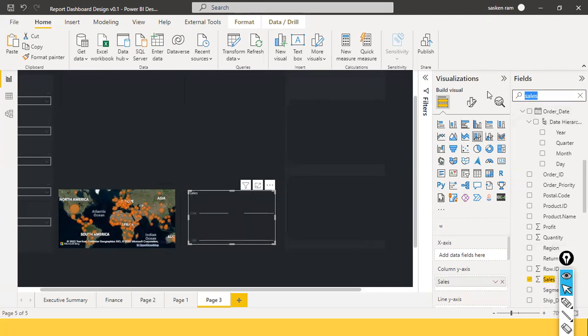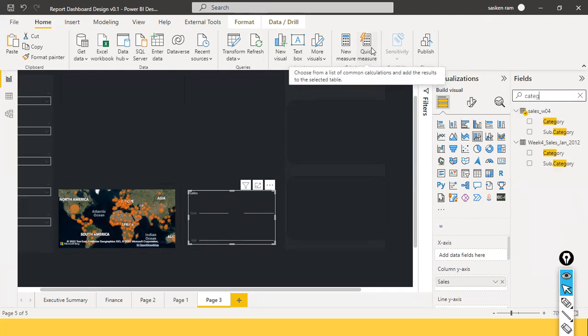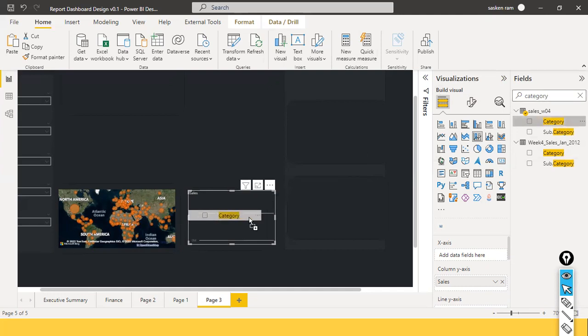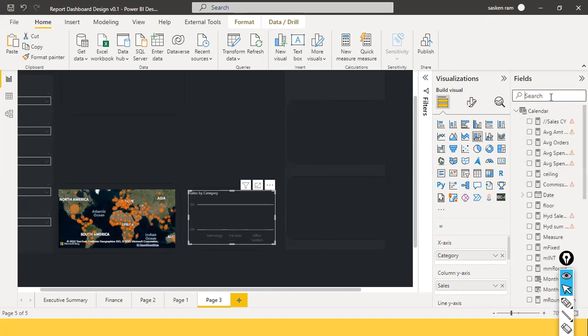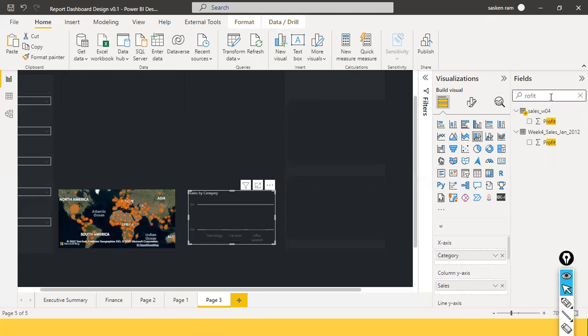And then they want to see the top selling category by sales and profit. This combo chart is very much helpful. They'll ask you what visuals you used. You can tell them map visual and combo chart. Why have you used a combo chart? Because we want to see the